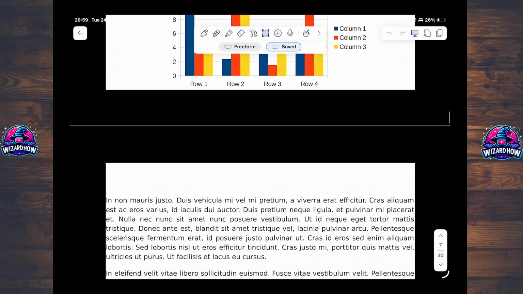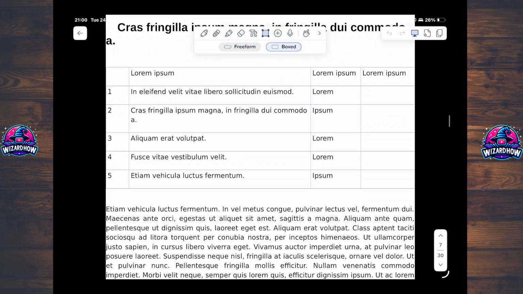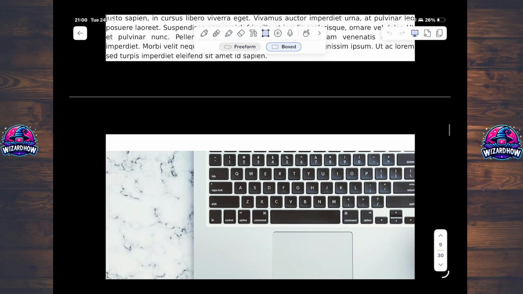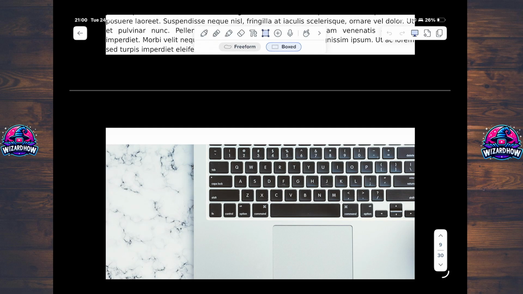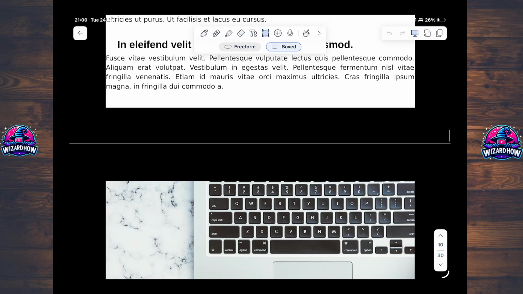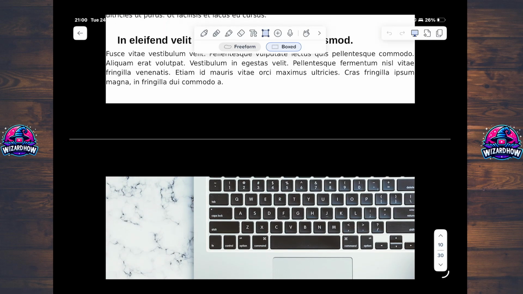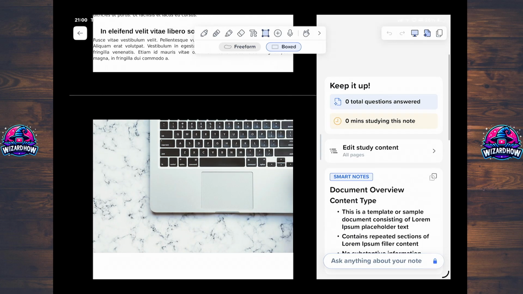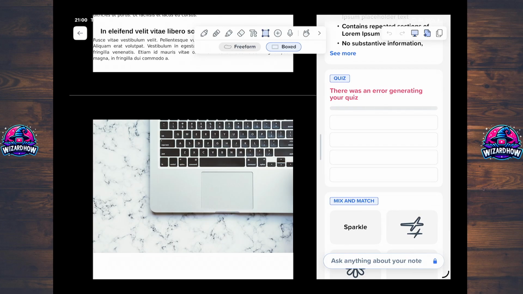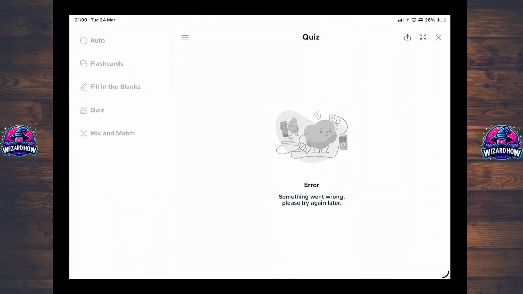First of all, you will open up the note which you want to transfer into the quiz. When you've done that, just head over to the top right corner next to the monitor, the next icon with this paper and the star. Click on it, and here you will see down below a quiz option. If you click it,